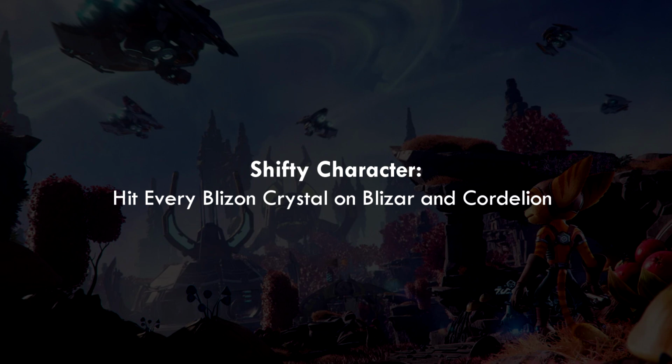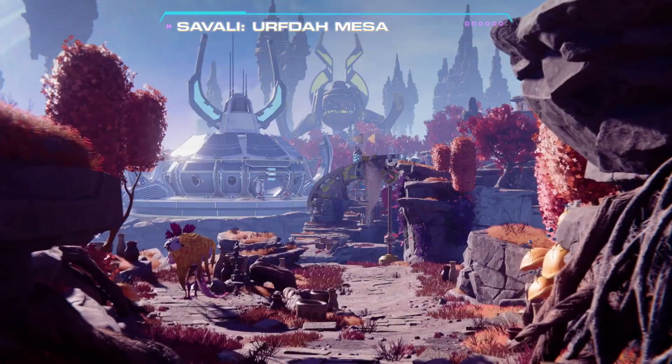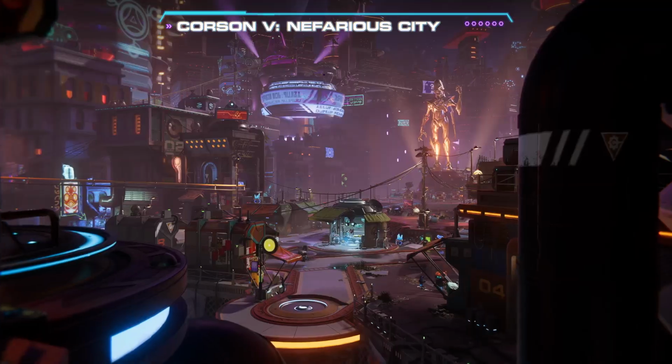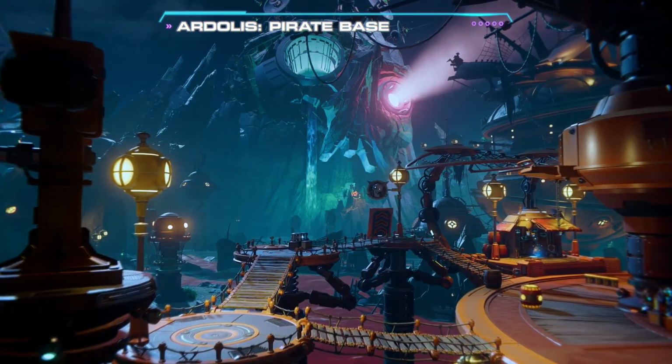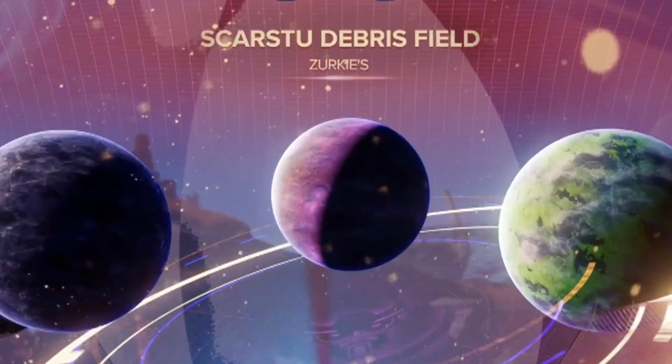Cordelion? I'm not too sure of how you pronounce this term. Anywho, I don't recall ever seeing Cordelion in any of the gameplays. The planets we've seen so far, just for the heck of it, Sargasso, Torrent 4, Savali, Blizar Prime, Corson 5, aka Nefarious City. Looking at this clip from the Planets and Explorations trailer, we have another one called Skartsu Debris Field,